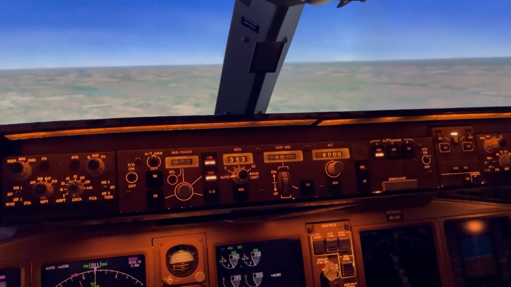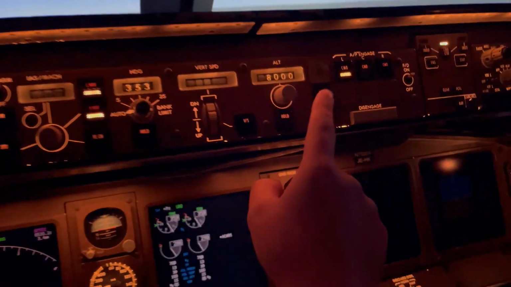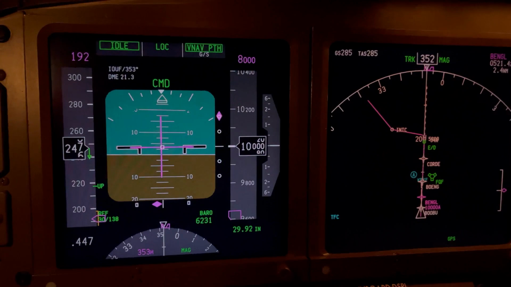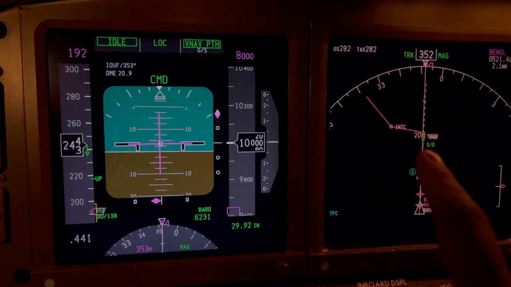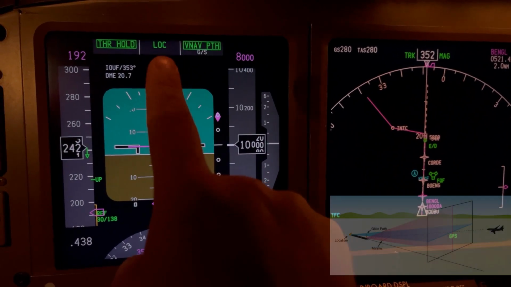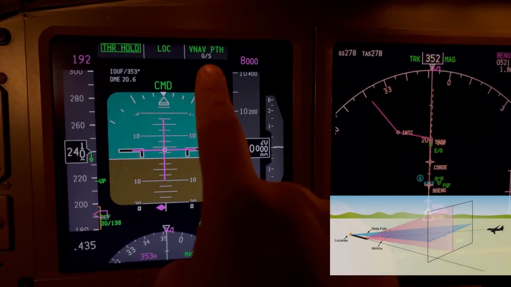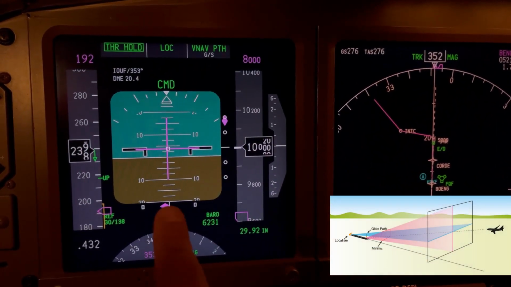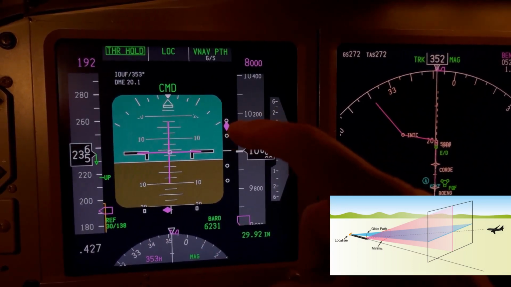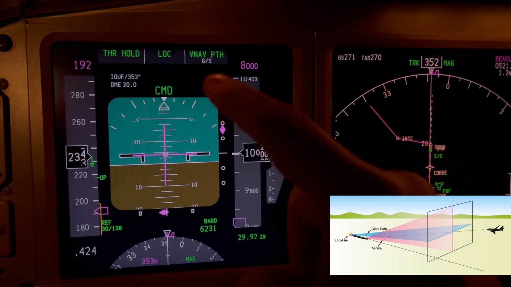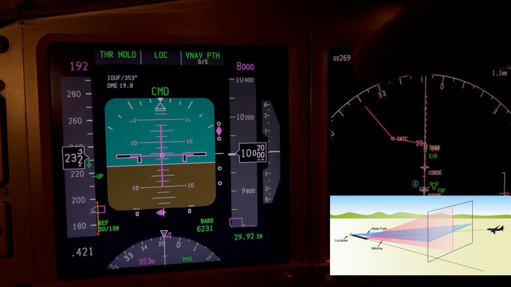Then up here on the autopilot mode control panel, we're going to hit approach mode. From there, we're going to want the airplane to slow down. We're already lined up with the runway, and that's indicated by the localizer. We're waiting on glide slope. So this is the localizer indicator. We're pretty much lined up. The glide slope is above our heads right now. So as we arrive at it, the glide slope will activate and we will be following that down to the